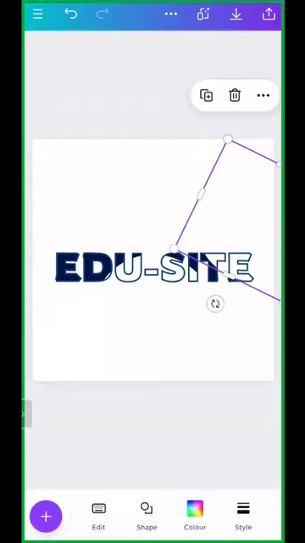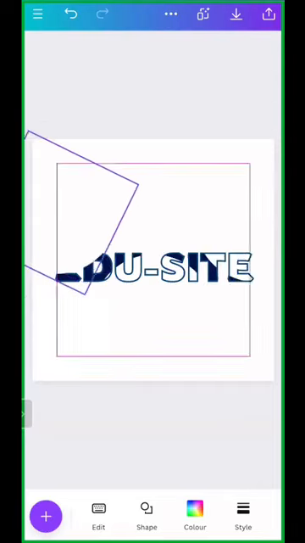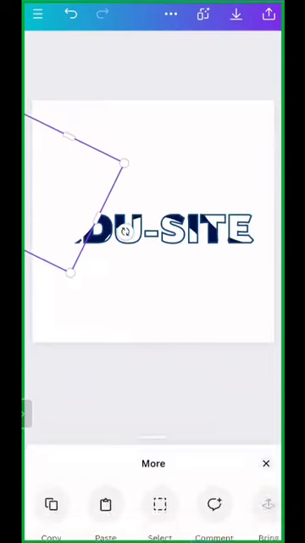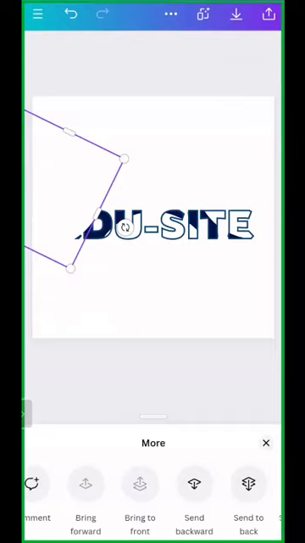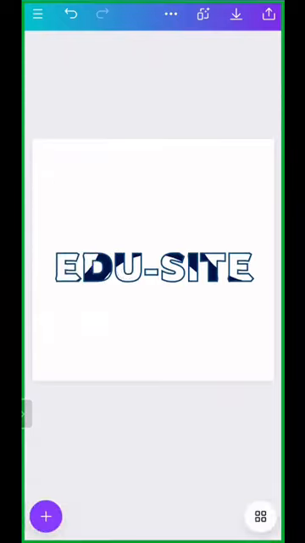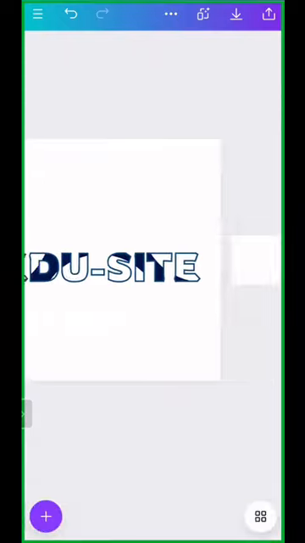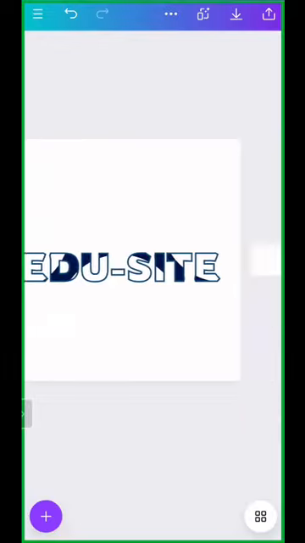Okay, and then if you want it again somewhere, you can just duplicate it, place it here, and then you can send it backward. Only one backward. Fine. This way you can make it appear. Fine. Okay, this is one way of doing things. Another way. Come on, dear sisters and brothers. You have several